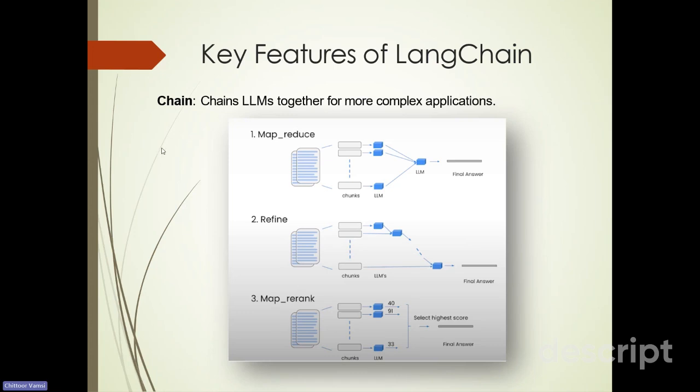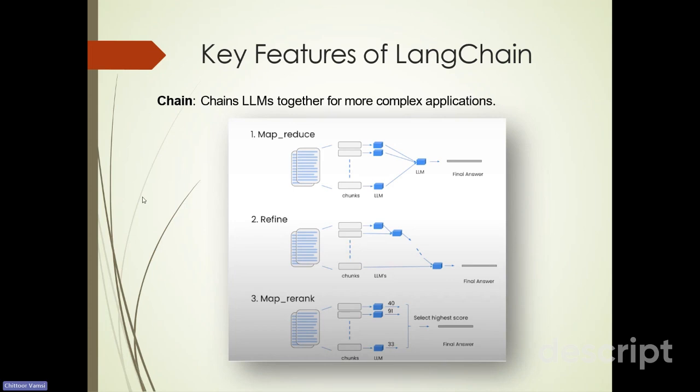And if you see map reduce, map reduce is simply, if there are 10 documents coming in, it makes 10 LLMs in the intermediary step, each LLM analyzing a set of documents, and the output of each of these 10 LLMs is going to be passed through, and the final LLM is going to make the final response based on the responses from these 10 LLMs.